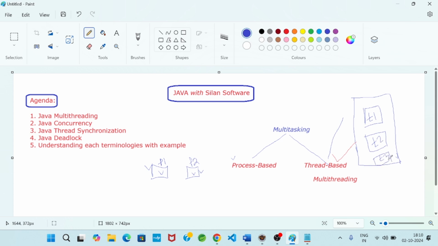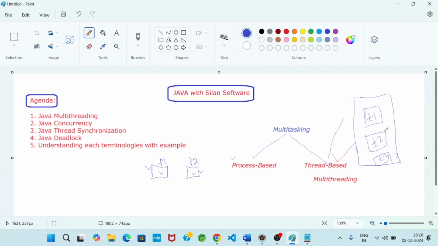T1 represents a job or one task, T2 represents another task, T3 represents another task. Suppose T1 prints hi 5 times, T2 prints hello 5 times, T3 prints the message Java programming 5 times.